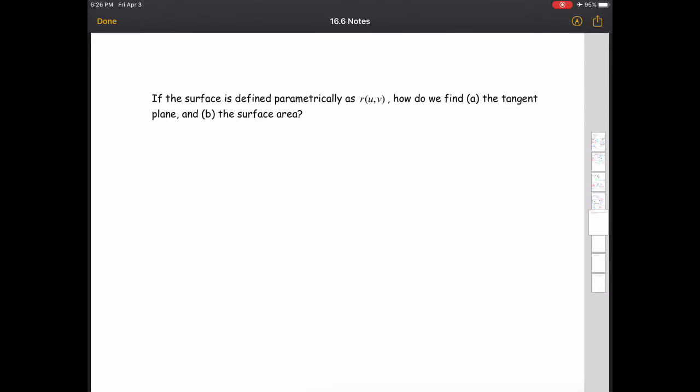Alright, now that we know how to parameterize surfaces, what if we want to find the tangent plane, and what if we want to find the surface area of something which is now parameterized? So you might recall that our formula to find the tangent plane was z minus z naught equals the partial of x times x minus x naught plus the partial of y times y minus y naught. And if we wanted to find the surface area